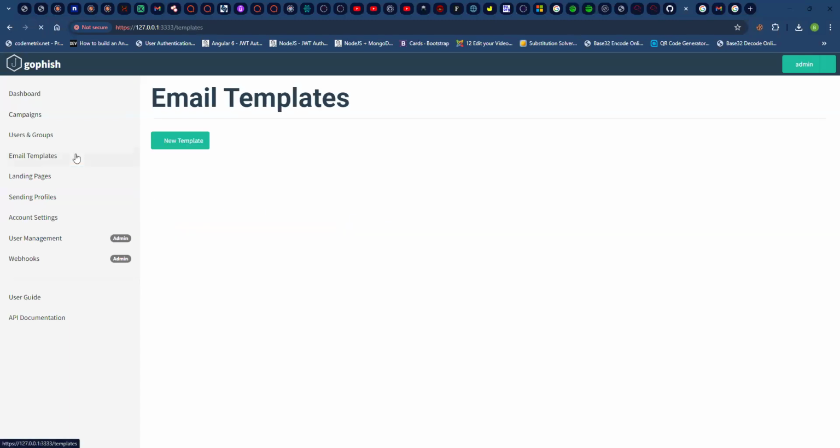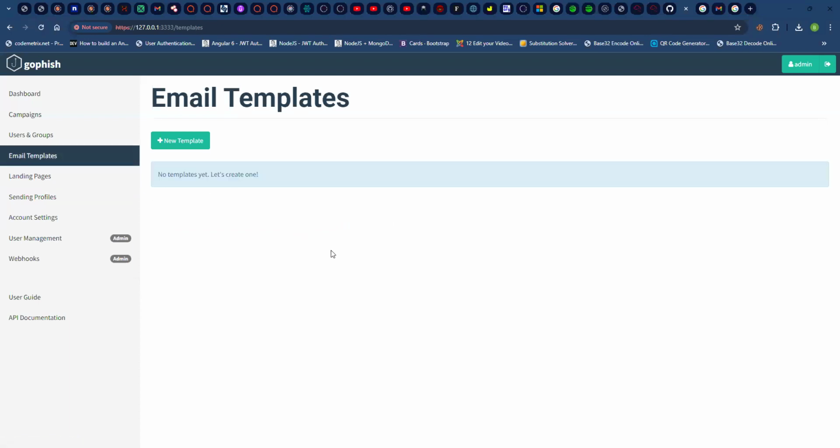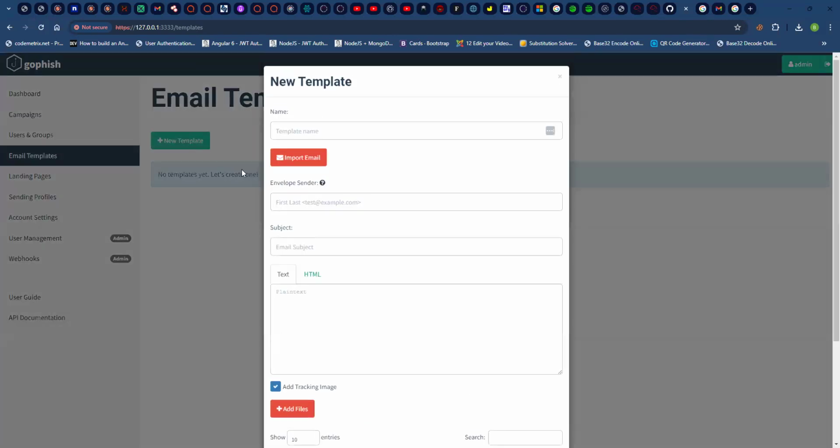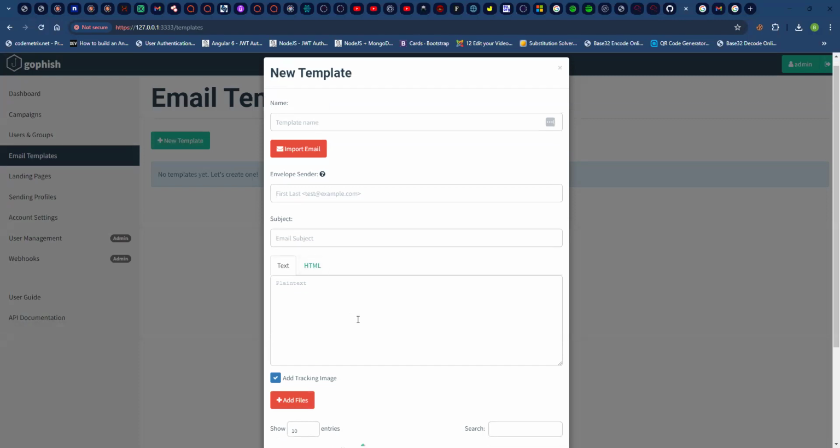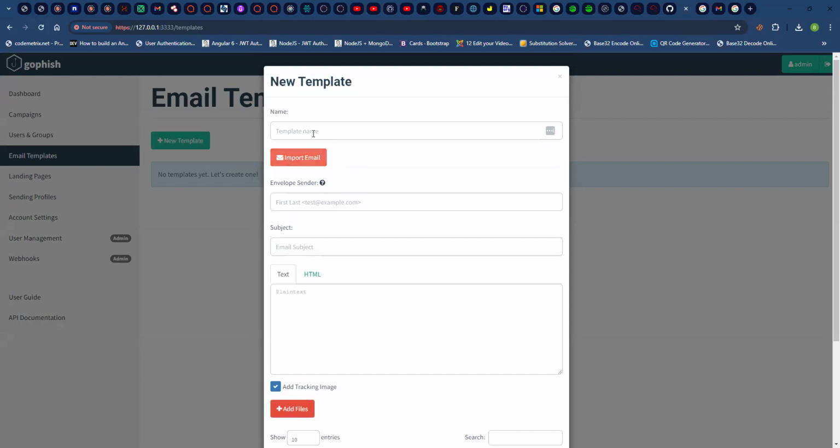Now we need to create an email template. So we are going to be sending this email to multiple people. That's the point of phishing, right? You want to send it to a couple of people at the same time. So we need templates for these things. So I'm going to click on new templates, and we can use a mailing template actually, but let's fill the template name first. It can be anything. So I'm going to call it Tech IT Girls Phishing again.